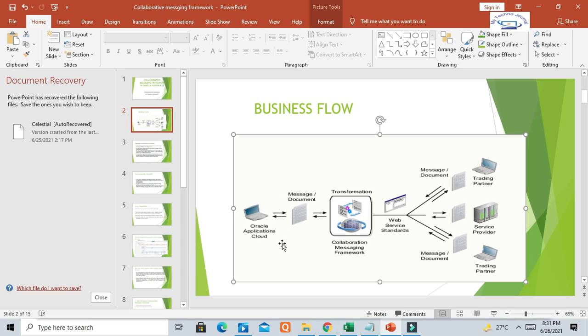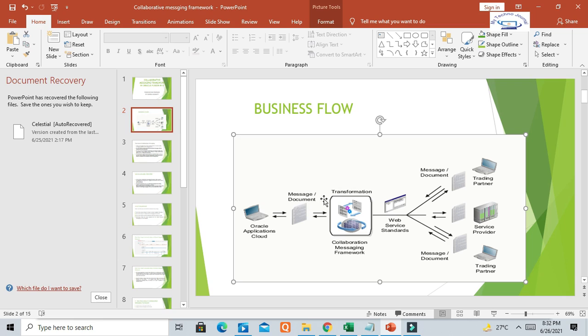Suppose we are creating one purchase order and we want to send that purchase order to our supplier, right? This purchase order is the messaging document. So it can be a message or document, and we want to send it through collaboration messaging.